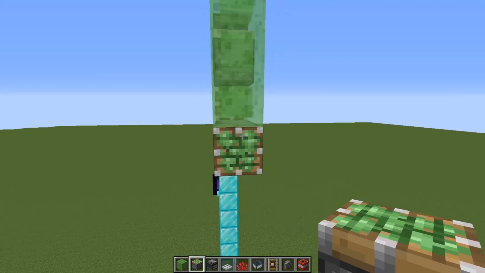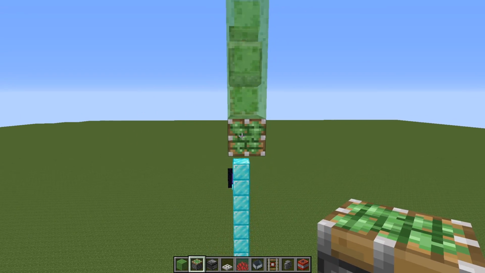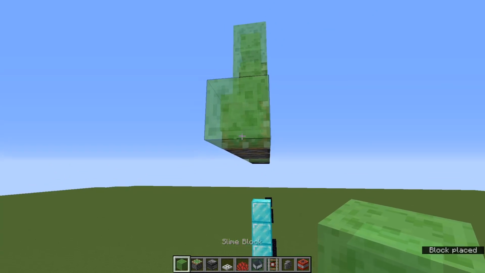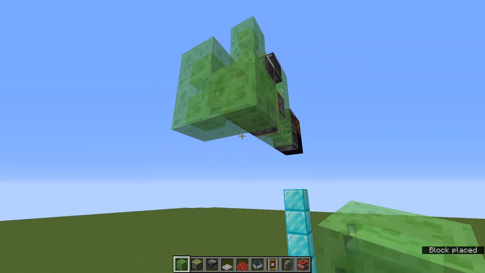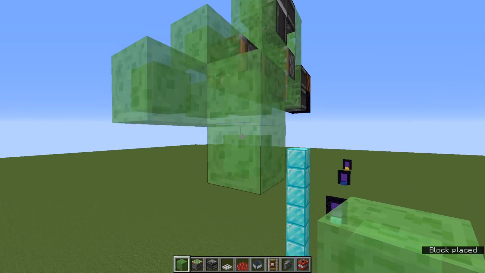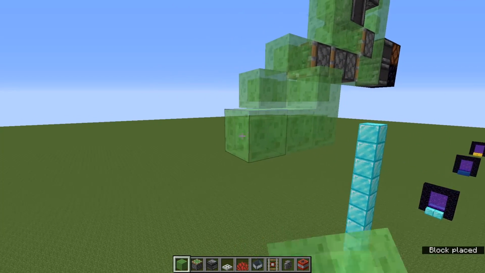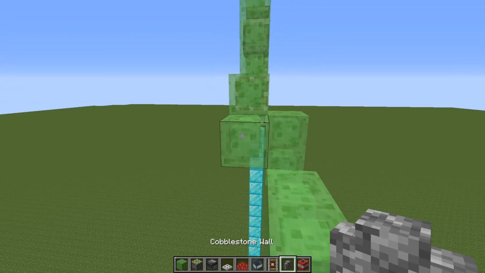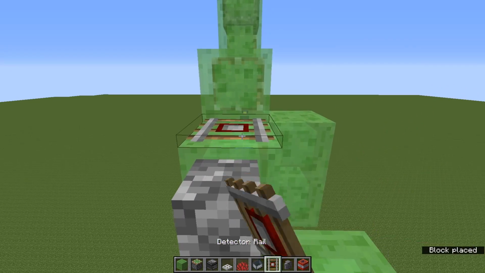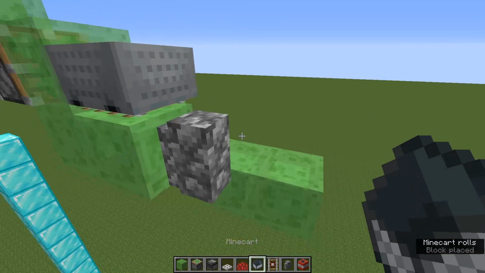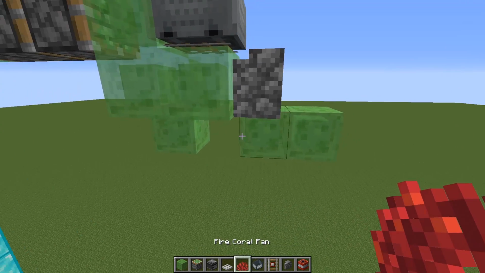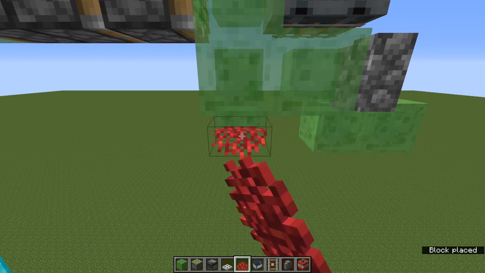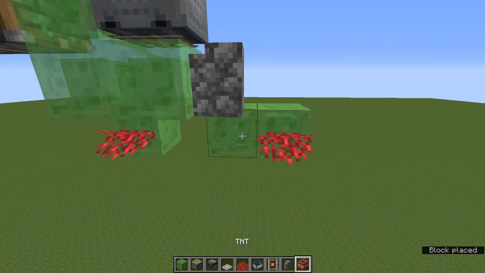Next, you're going to want to do the TNT bomber part. Just as a temporary piston, you put a sticky piston here. Then you go 1, 2, 3, 4, 5, and then temporary block 1, 2, and break this one. Then you can put your wall, your detector rail, and your minecart right here, just like this. Then you're going to get your fan coral. It can be any fan coral, and go here, here,